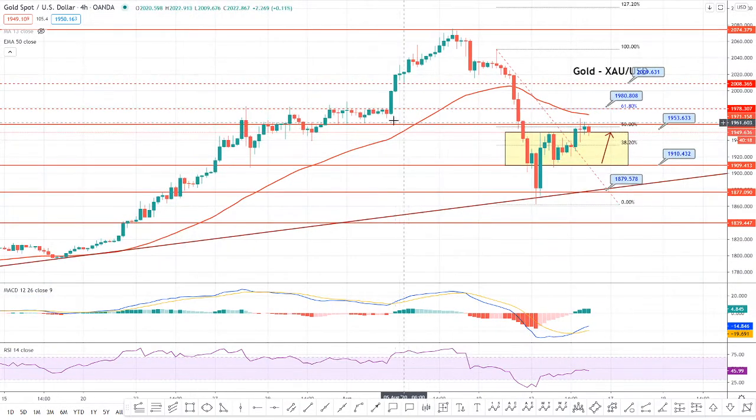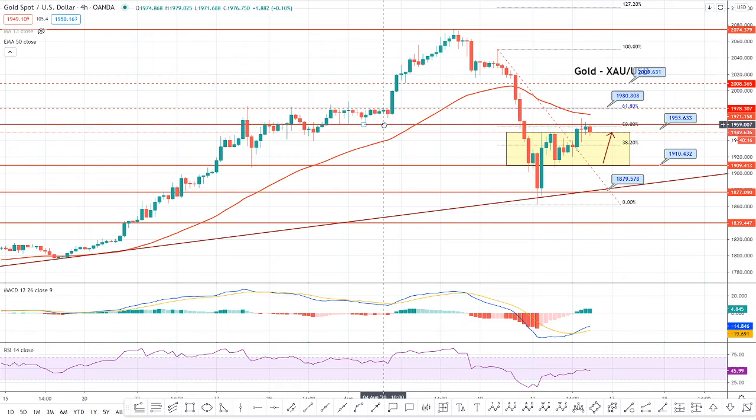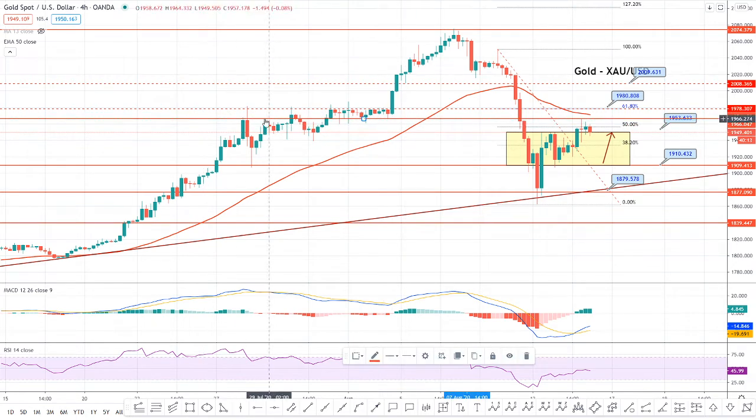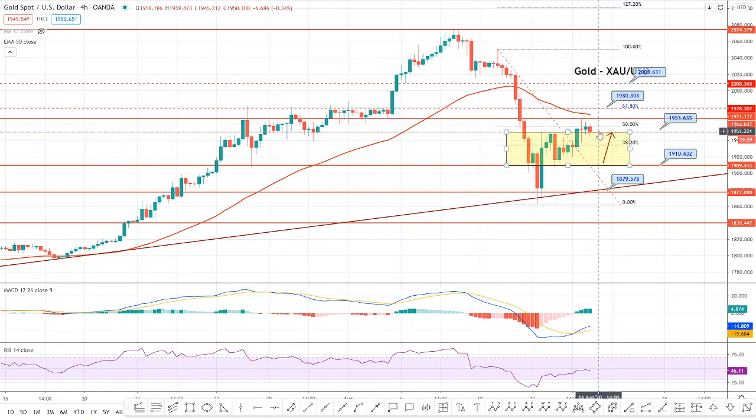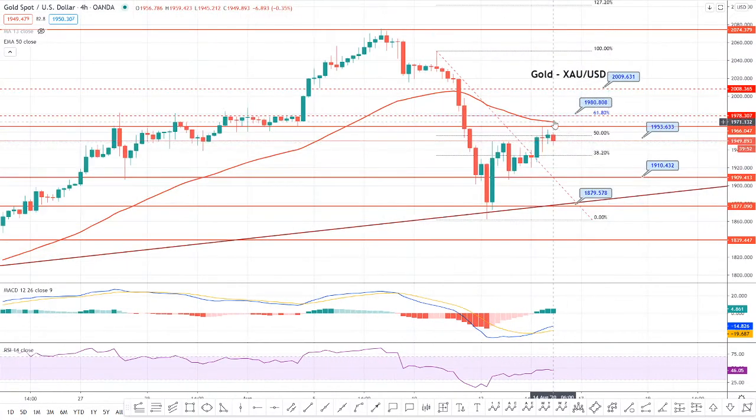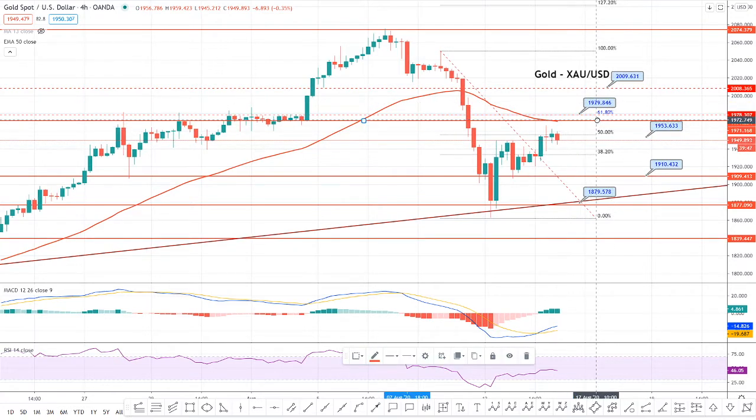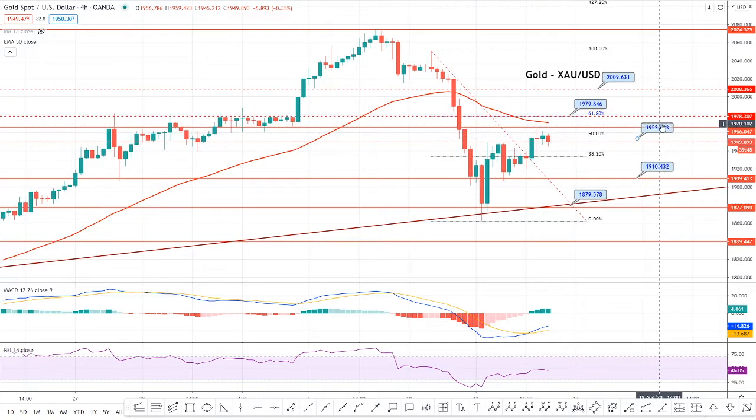Alongside, this is the same level which extended support to the precious metal gold. It was working as a resistance in the past, and then it started working as a support. Now the market violated this support level, and this support level is now likely to work as a resistance level for the precious metal gold. So the sideways range is violated, and it's not going to work anymore, but for now we have to keep an eye on the 50 period exponential moving average, or you can say that we have to keep an eye on